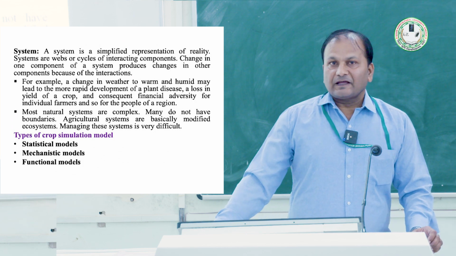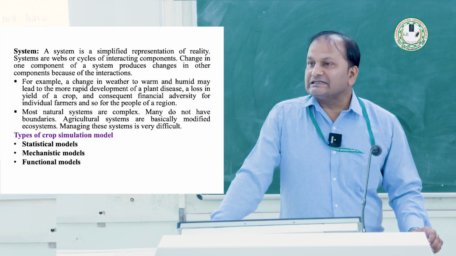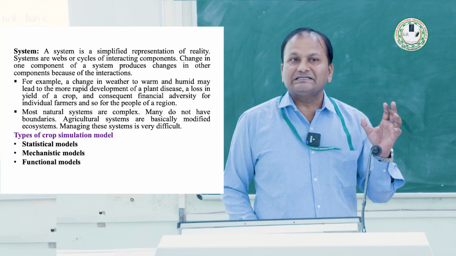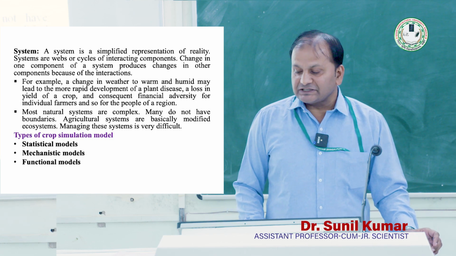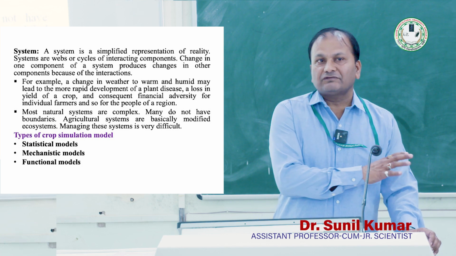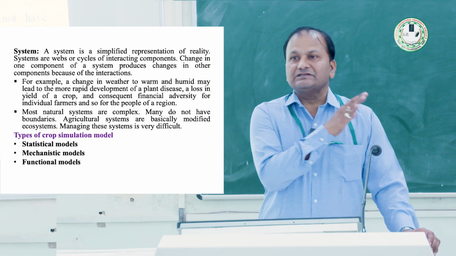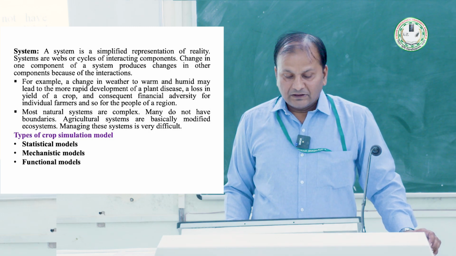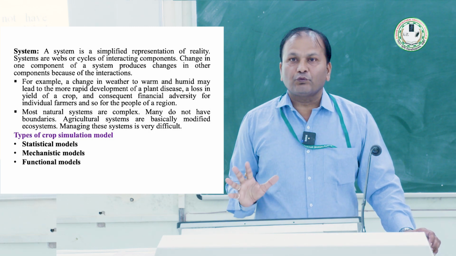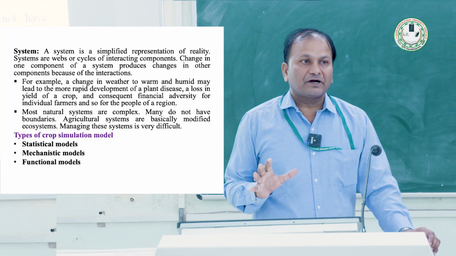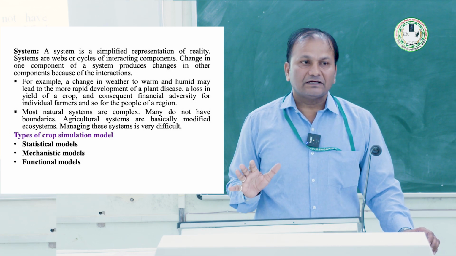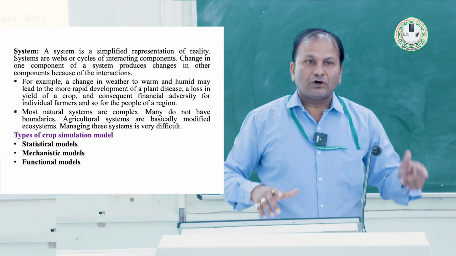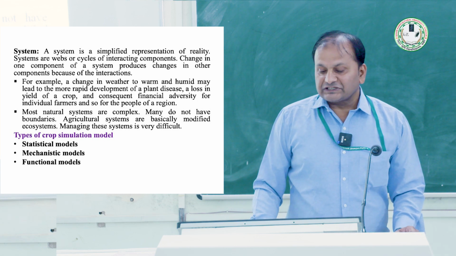Then system. A system is a simplified representation. Simplified representation means that it is not complex. It is a simplified representation of reality. What was in the field itself, it was reality, and it is a simplified representation here. So systems are like a web. Web, a spider's web. Means these all are connected to each other. That is called a web. So systems are webs or